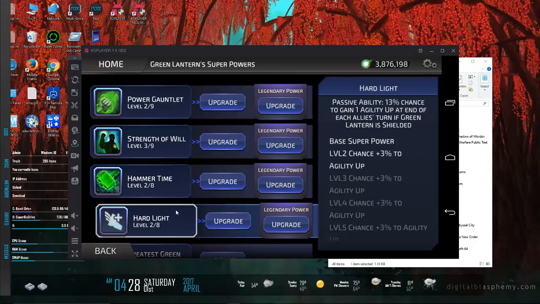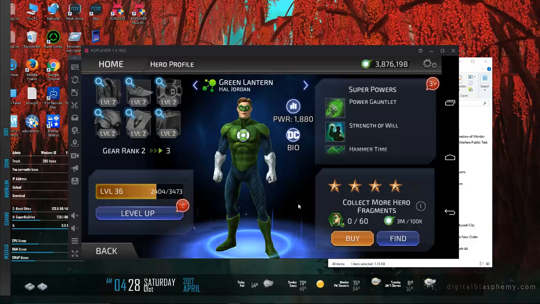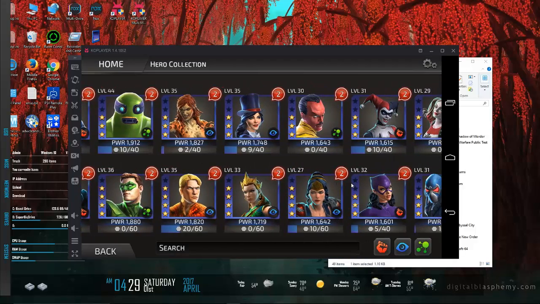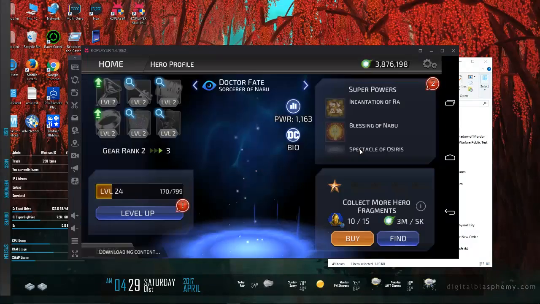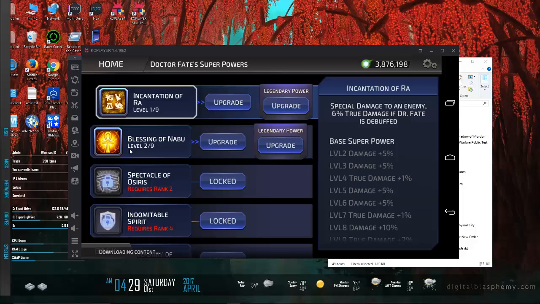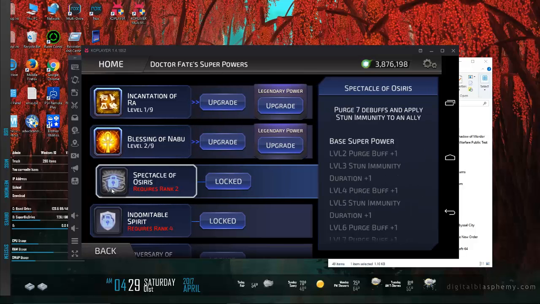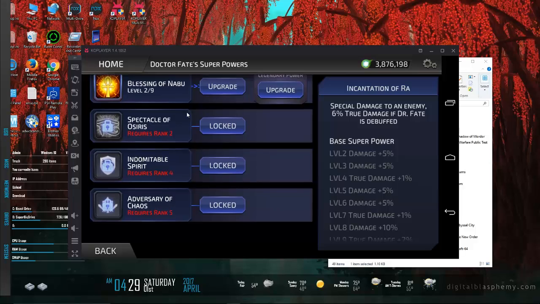Pass a game. 1 agility up at the each end. So somebody who can provide extra shielding to Green Lantern. Was it you who can do it? No, he was the intelligence up. Now, stun immunity. So if Killer Frost takes off, there we go. Dr. Fate could potentially be...